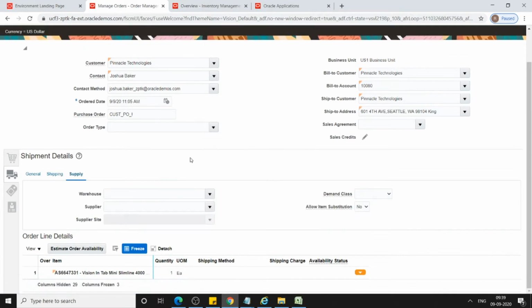Then go to the supply section. Here I am going to enter the warehouse as 003, where the item on hand is available. Tab out, and then demand class, like urgent, high priority, you can select here, so that this particular order will take precedence over the other sales orders.